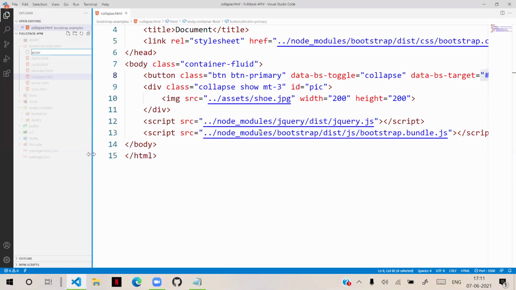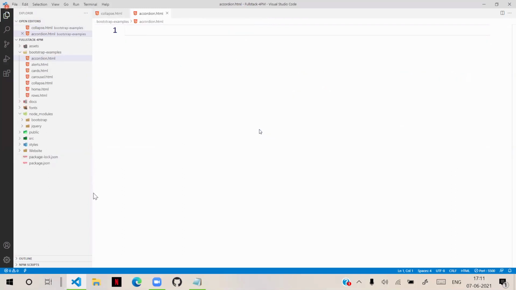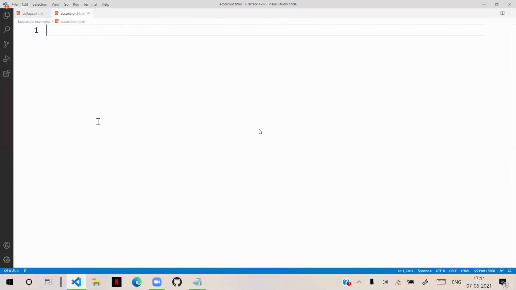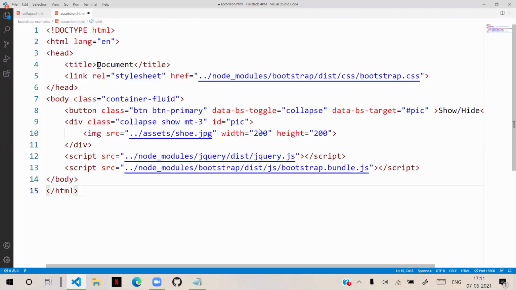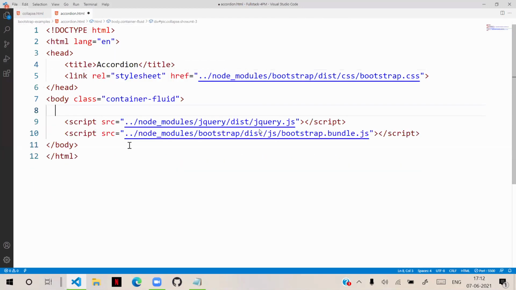Suppose we have an accordion. In this accordion, I am copying the code here. So this is some accordion. Generally, accordion is also a bootstrap style.